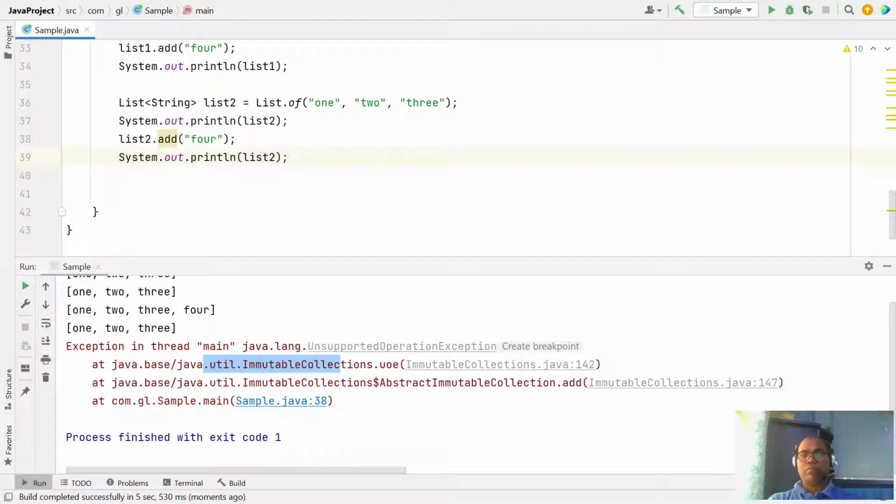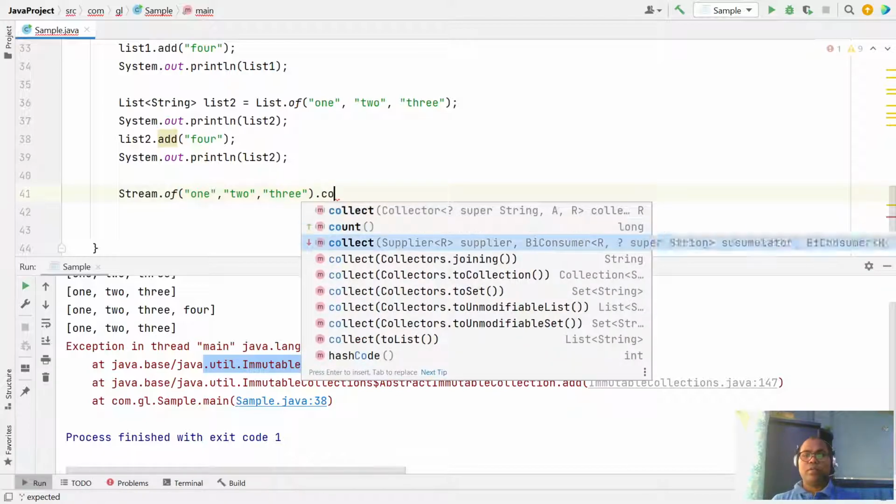Sometimes you can do it this way, or you can look at a different way. Here there is the option Stream.of, and you can put values like 1, 2, 3 and just collect to list.